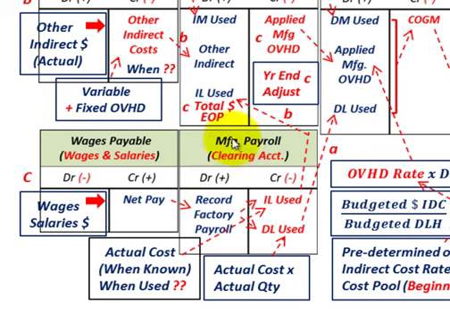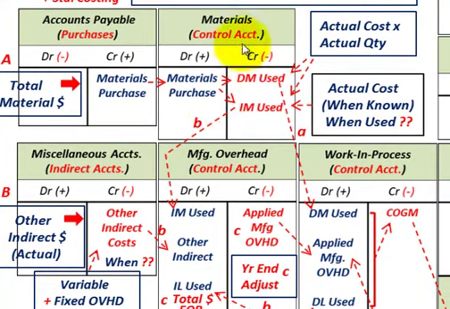And they're going to flow into a manufacturing payroll clearing account here. This is where you're going to record your factory payroll. Okay, so let's go up here and work with this materials account. Now those materials that we've purchased for this job can be separated between the direct materials used